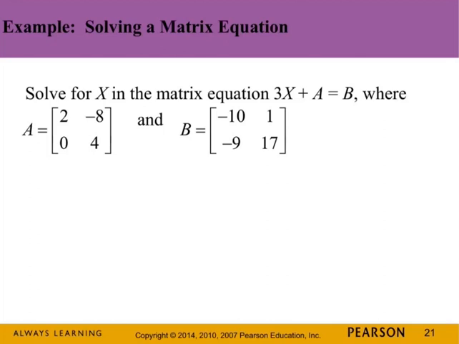We could subtract. That would be okay. And we can multiply both sides by a third, right? So I'm going to solve for the matrix X before I do it. I'm going to do some matrix operation. Well, not matrix operations, but, you know. So, for instance, if we have 3x plus a equals b, we should be able to,